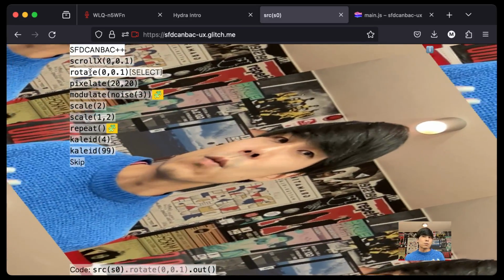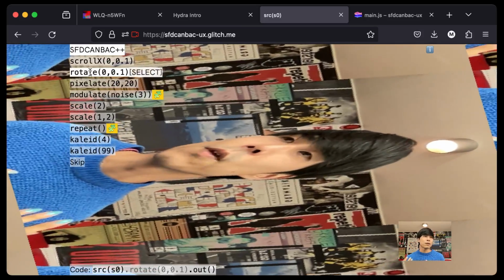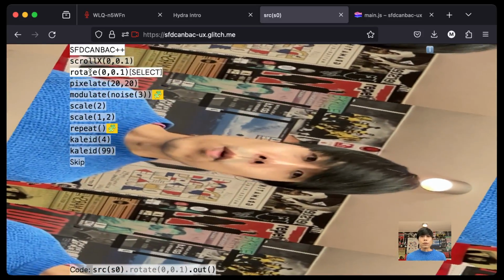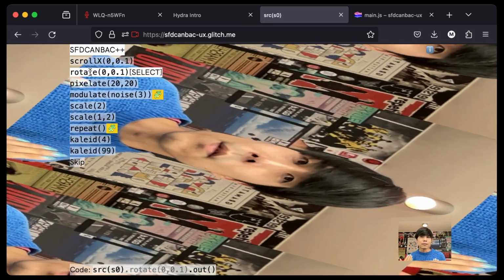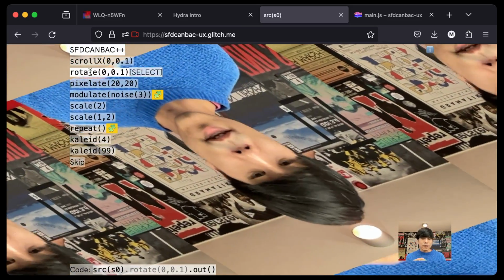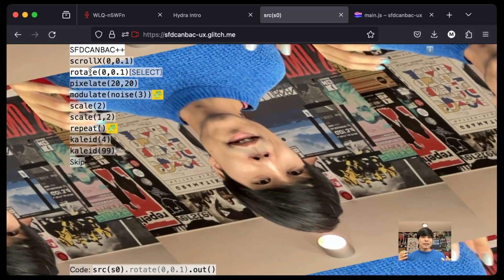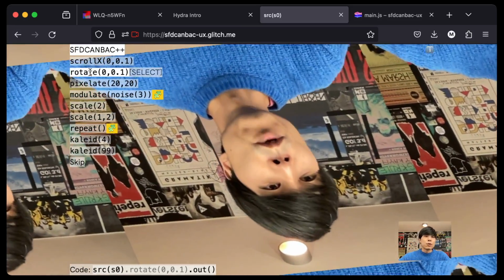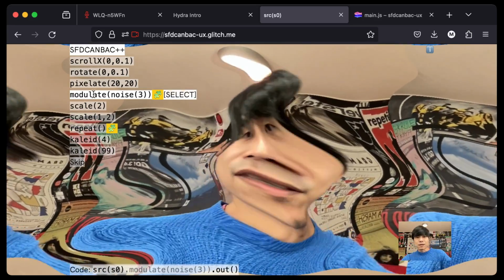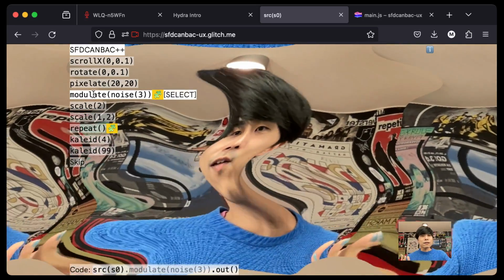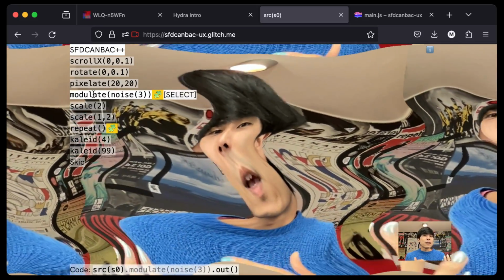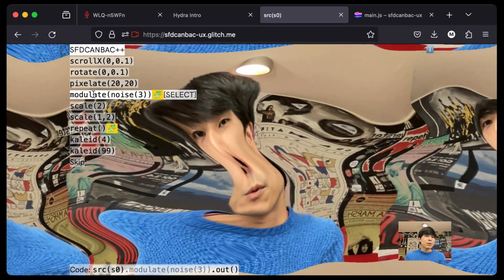That's kind of the idea you might have if you are familiar with Premiere or video editing tools, or Photoshop. You have these filters, but it's not just filters or effects, they're actually functions that do more. For example, if you go to modulate noise 3, which makes this funny effect, it's like what I'm saying about more is because modulate,